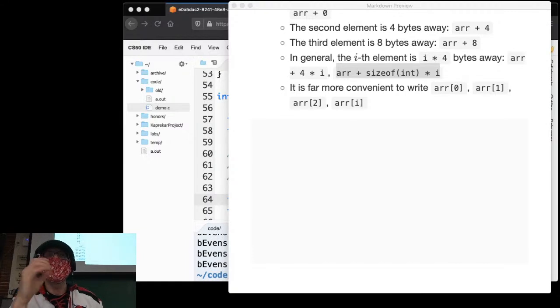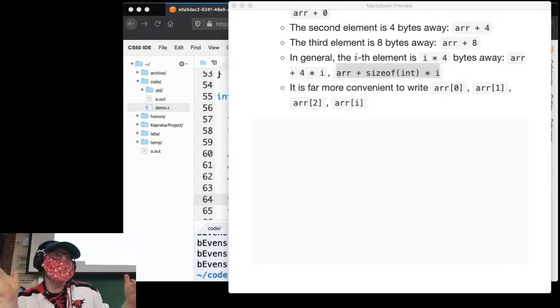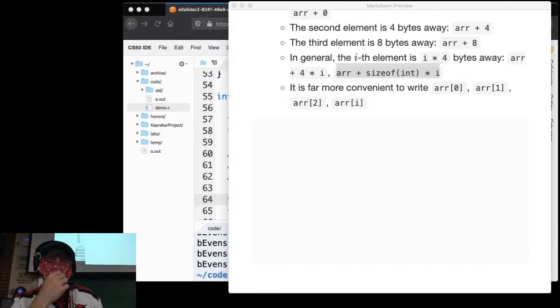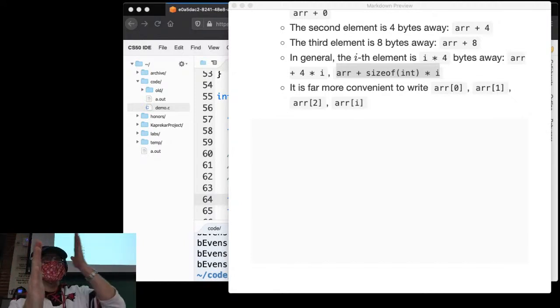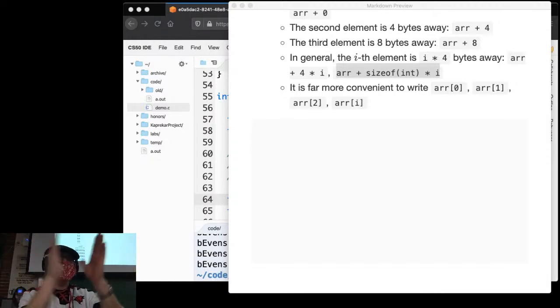And this is why we have 0 indexing to begin with. Mathematicians, in math, you always start your indexing at 1, generally. But in computer science, all of our stuff begins at 0. Why? Because ultimately everything is a memory address. And so why jump 4 bytes away immediately? Why waste that space? The first one is at index 0. Then the second one is index 1 times however many bytes away it